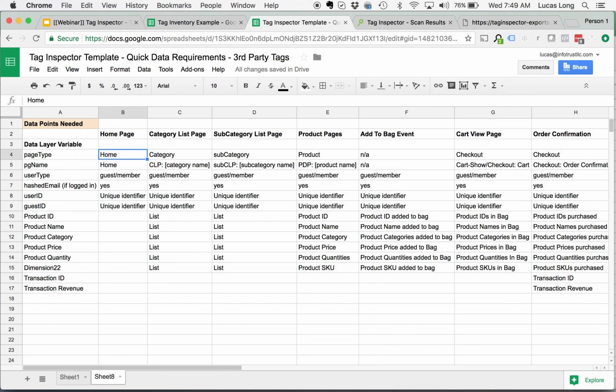Now I break this out in a table. Again, I can just pull out of Tag Inspector with real-time reporting, okay, for these different pages, these are all the different attributes that are collected by different tags, overlay that information and have something similar here. I'm going to need to translate that into what this data point actually represents, but I can have it all in one place. And this is your end result. Home page, listing page, subcategory listing page, product page, when someone adds something to a bag, on my cart page, and then confirmation. So a basic e-commerce site here. These are the different attributes that I need, and then these are what those values should represent on each of those